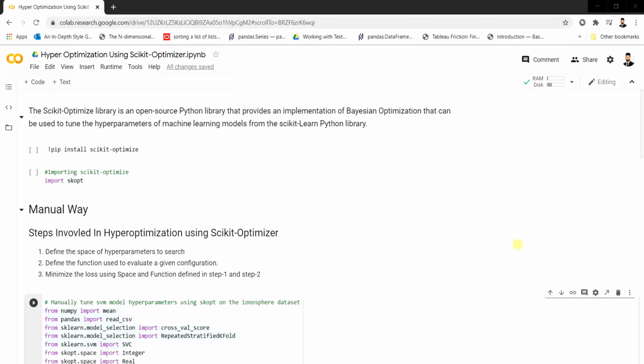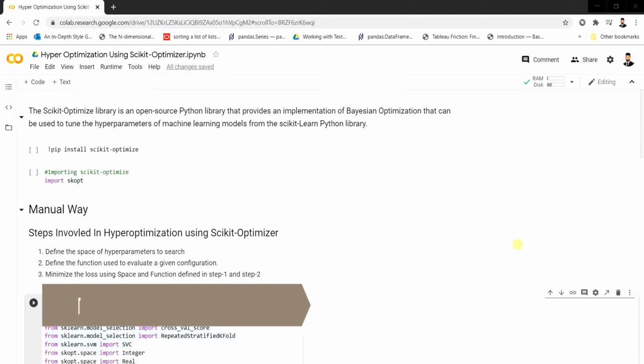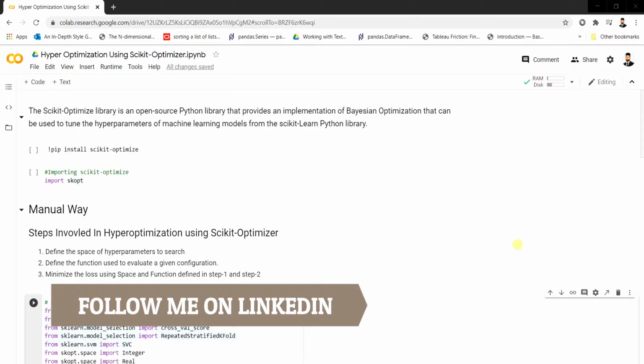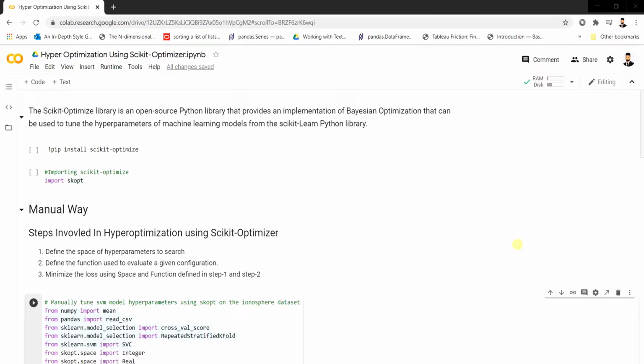This Scikit Optimizer library uses Bayesian optimization at the backend to get efficient and better hyperparameters to tune the machine learning models. In this tutorial, I'm going to implement the Scikit Optimizer library to hypertune a machine learning model. I'm going to use SVC as my machine learning model, and we'll see how the library helps us optimize the SVC classifier in a better way. SVC classifier is nothing but a support vector machine. So in this tutorial, we're going to see the implementation of Scikit Optimizer library on SVC.